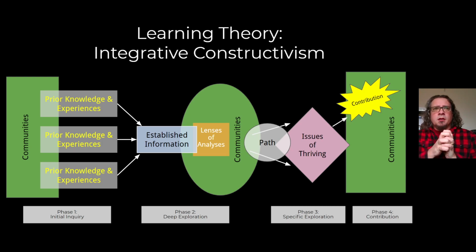We can do it from a view of what's our connection through nature with this and so forth, right? What are some of the underlying motives and values that seem to be there? What are the semiotics that are making us sort of view it in this particular way, and what are the archetypes and what are the symbols? Like, there's so many different ways that we can have students interrogate that with a set of different lenses and keep shifting, right? And also relocating it back in the community, finding out how that is situated in the community itself. So that's phase 2.